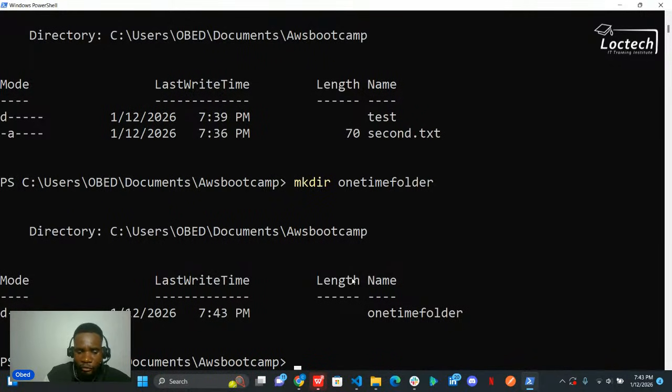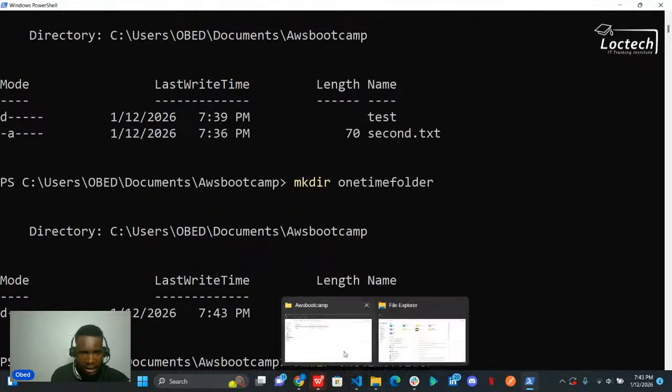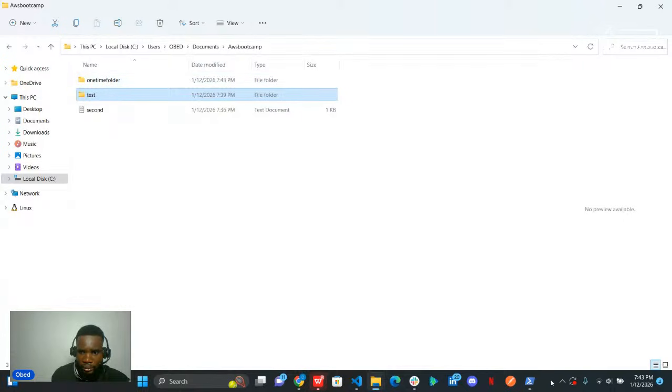Now, how we delete a folder is by using the command rmdir, which stands for remove directory. Which directory do I want to remove? I want to remove the directory called one time folder. Before I initiate the command, as you can see, I have my folder here.